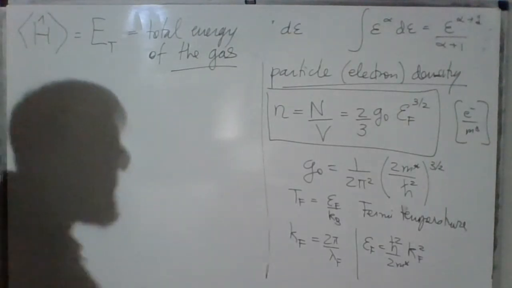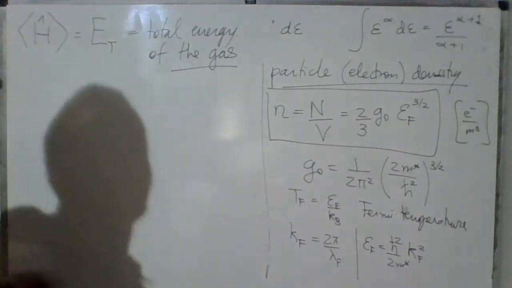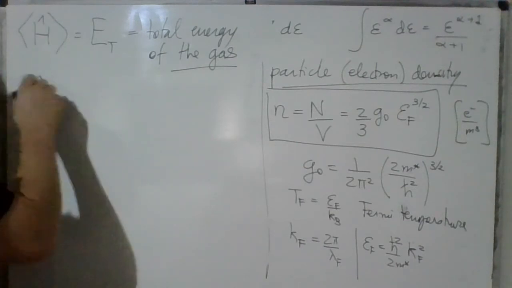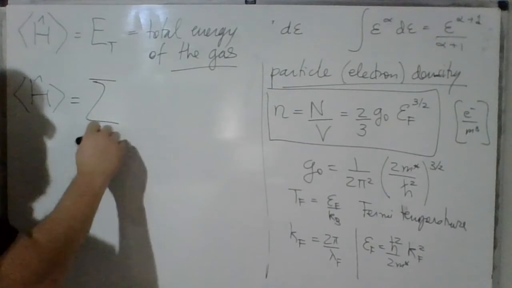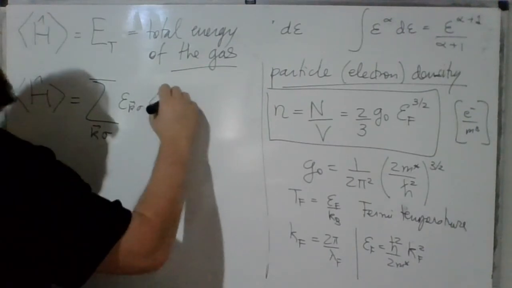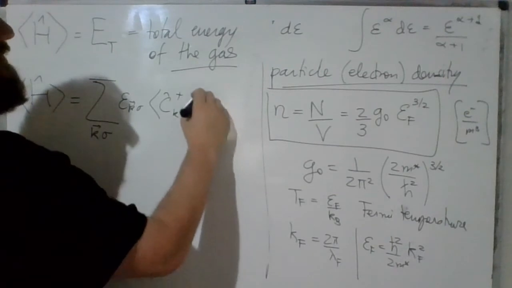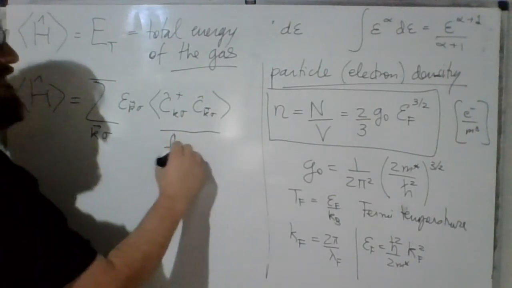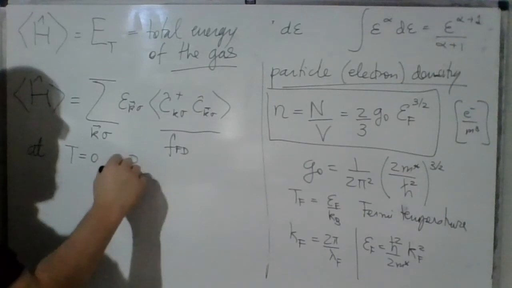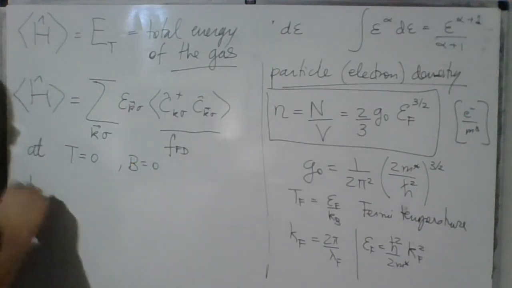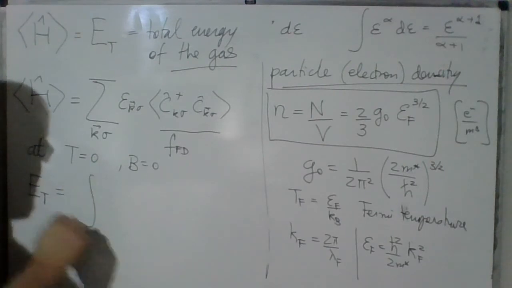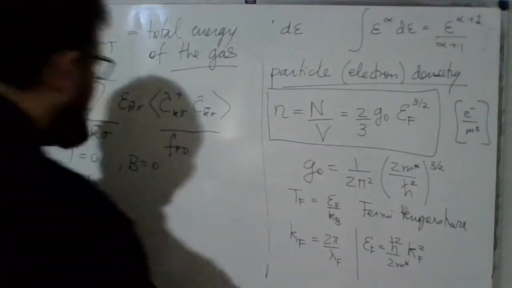Okay? The total energy of the gas can be calculated in the following way. We pick up the average of the Hamiltonian, which corresponds to a summation over K and spins of the energy depending on K and spins, times the average of the number operator for each K and each spin, which is just, again, the Fermi-Dirac distribution. And therefore, at temperature equals 0 and magnetic field equals 0, we can replace this total energy of the Fermi gas by an integral